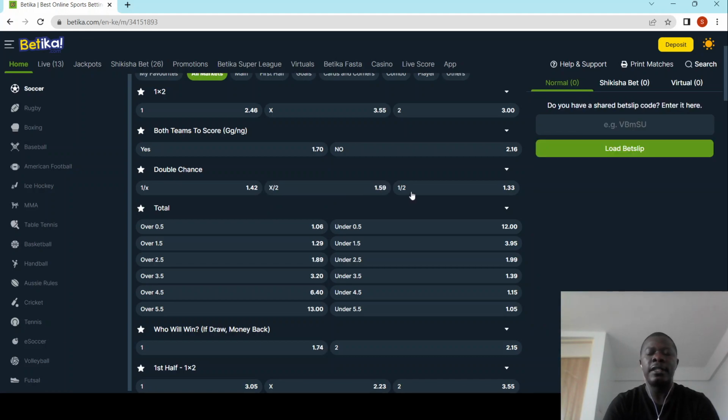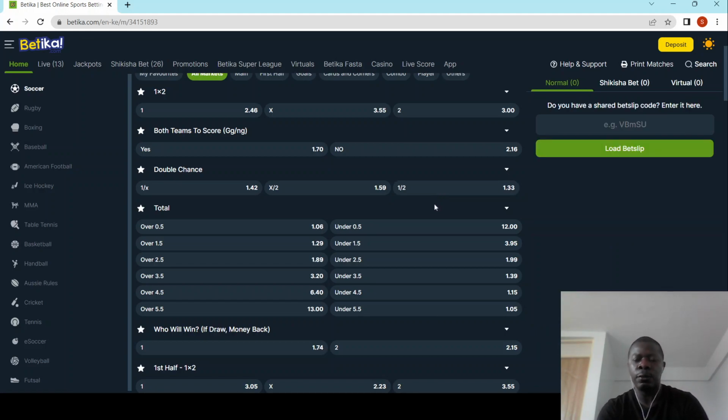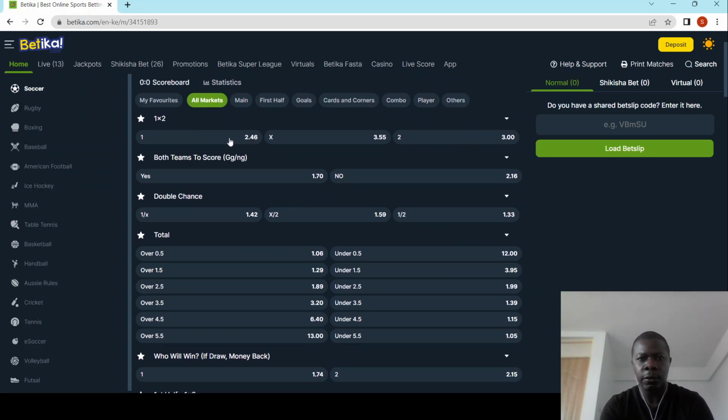But if you want to bet that there will be no draw, either home team will win or away team will win, then you place it here, which is 1/2. Now, one thing you will realize when you go to the main odds, like home team winning is 2.46, and draw is 3.55. And away team to win is 3.00. You'll realize that when you use double chance, your odds are lower because the probability of winning the bet here is much higher than here. And that's why these guys would give you a lower